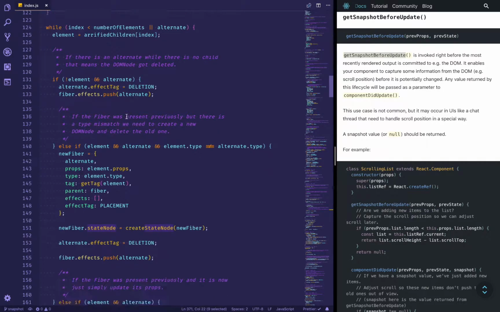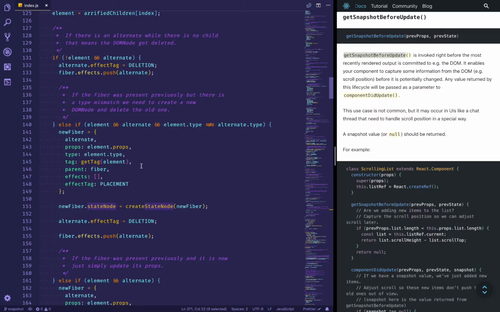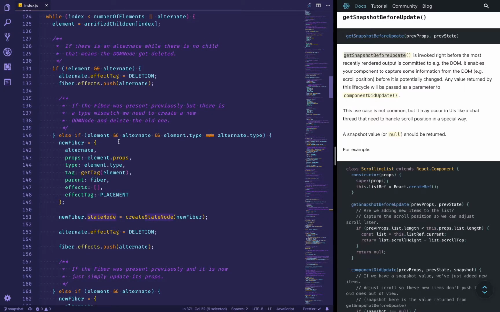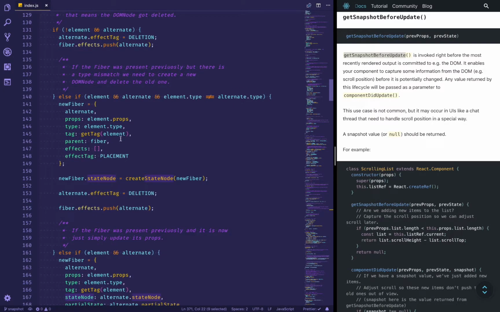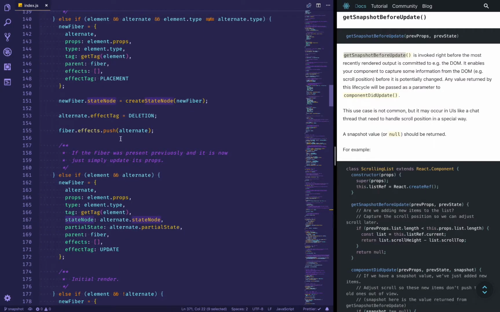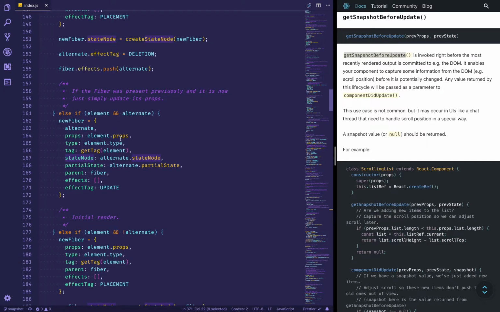And the way to do this, I don't know how to do that at the moment, but it's definitely not called on deletion. It's just an update thing, and an update thing when the type is the same, obviously, because otherwise the deletion and a placement takes place. So update and